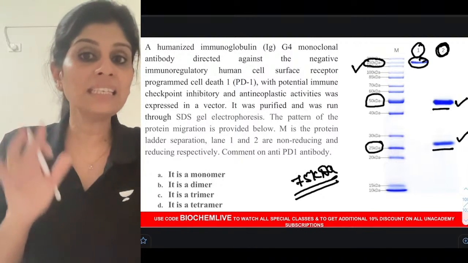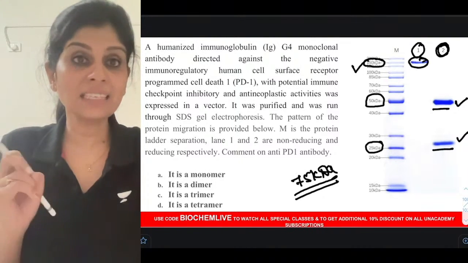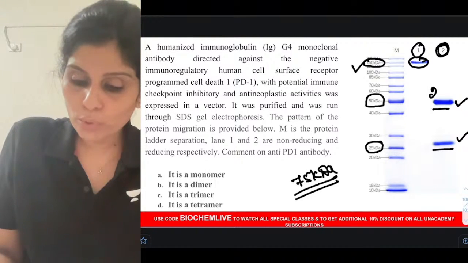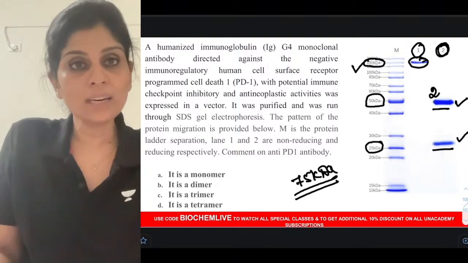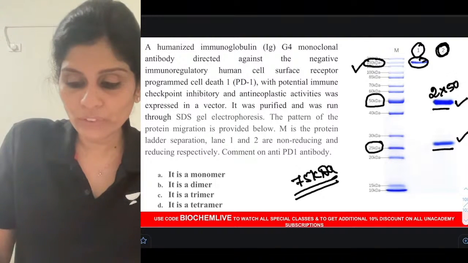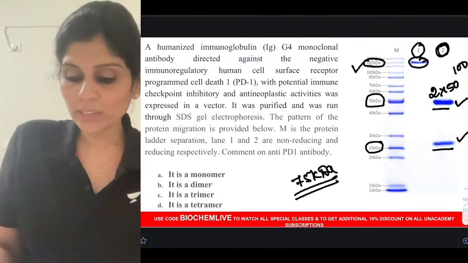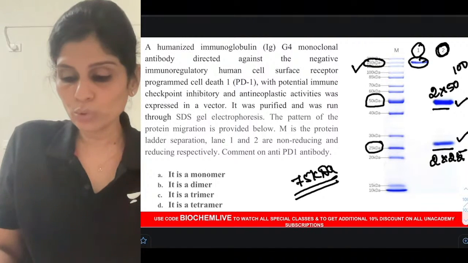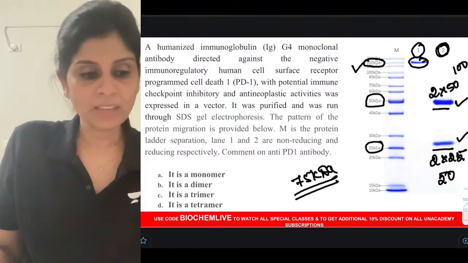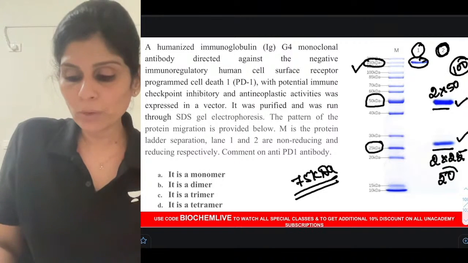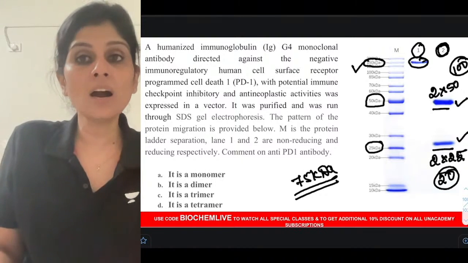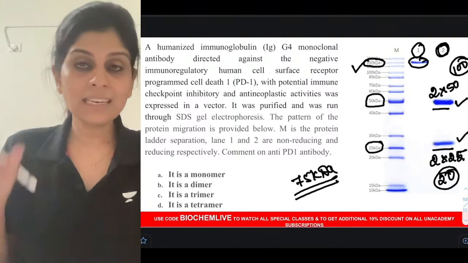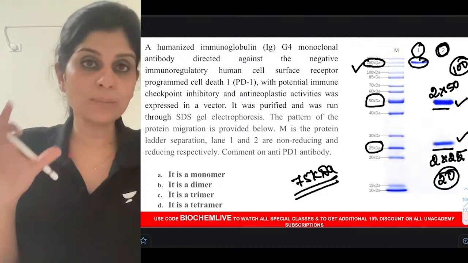Yeah, what is it? It's a tetramer. Do you all understand this? Why am I saying it's a tetramer? There are 2 subunits of molecular weight 50 kilodaltons. Only then 2 into 50 will be 100. Okay, and 2 subunits of molecular weight 25 kilodaltons. So 2 into 25 will be 50. And 100 plus 50 will be 150. That is when you can account for the whole protein's molecular weight.